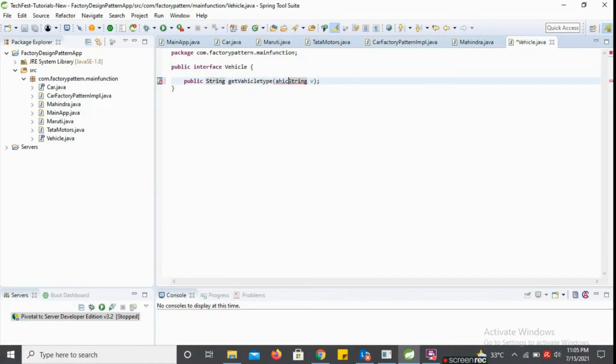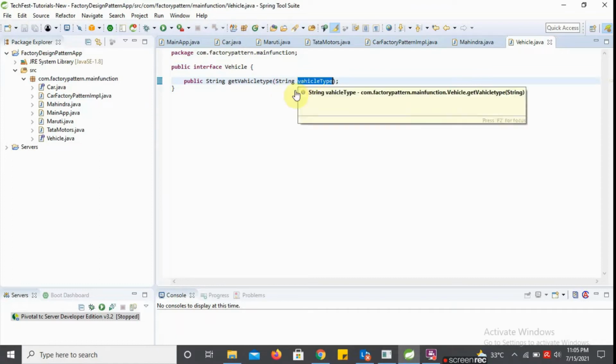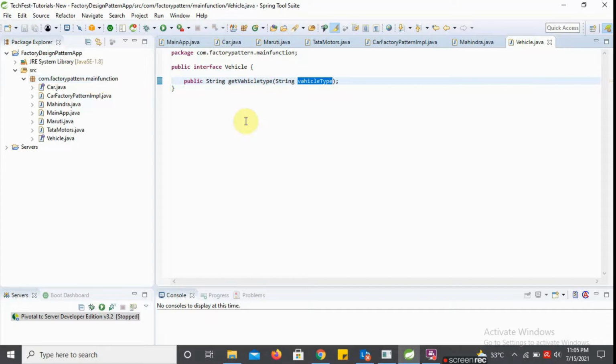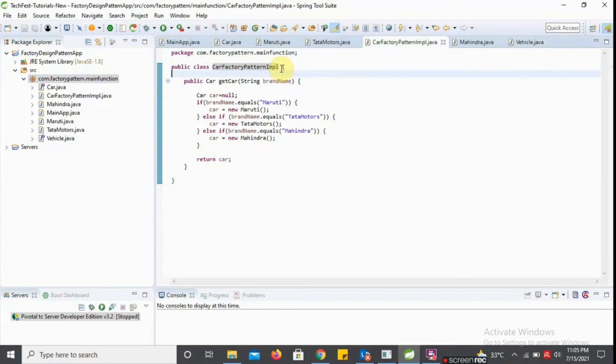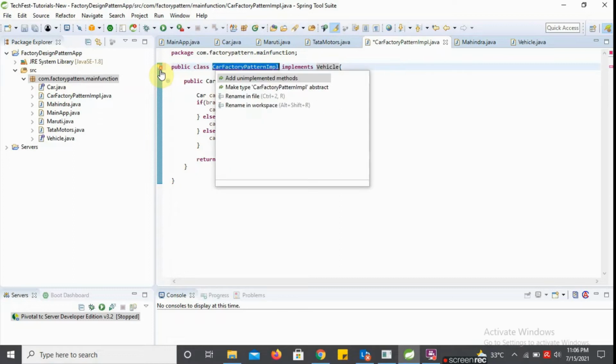We have taken this example. Because the car factory also returns a car, and a car is a vehicle, we will provide an implementation for this with the vehicle, and provide the implementing object.